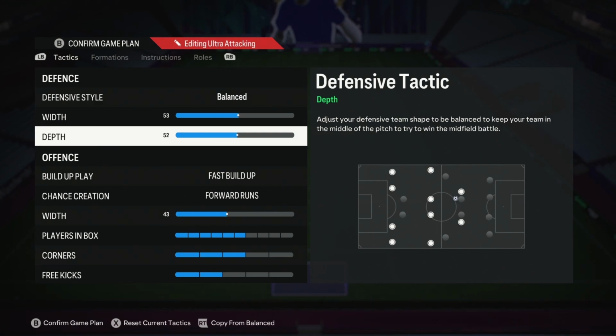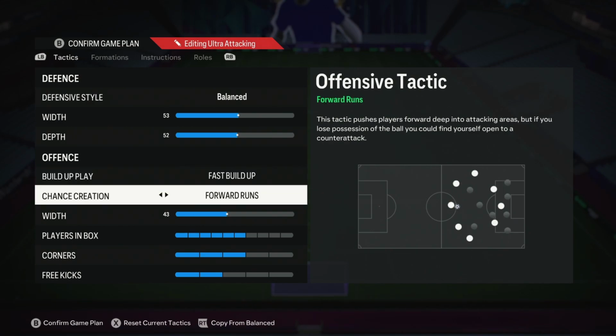So sticking with that. I'll keep playing about with it. Remember, I set this tactic up pre-patch, and then tweaked it when the patch came out. Like I say, I didn't see that big a change after the patch, so I was quite happy to keep with it. The fast build up and forward runs are something I've liked in the past, and I feel like it just hits differently for this formation, and it works because the forward runs don't create that